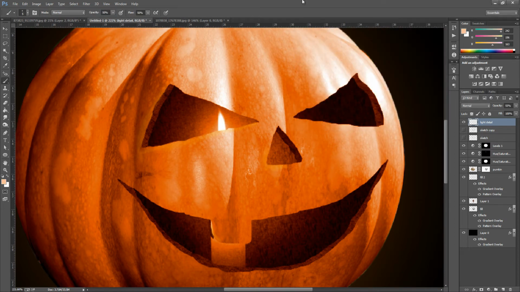And then still on the same layer, we're just going to go over the other eye, very lightly, just over this bit here. Like that. And we're just going to do the same to this bit here.